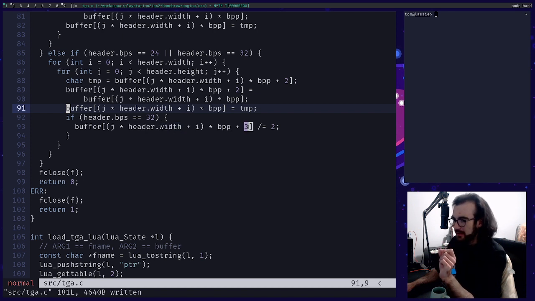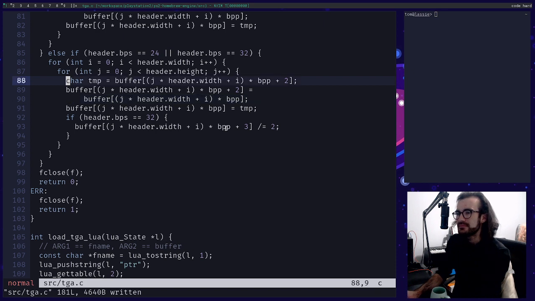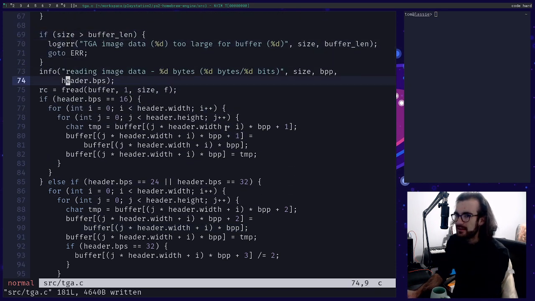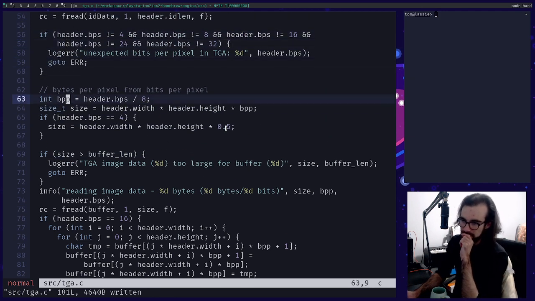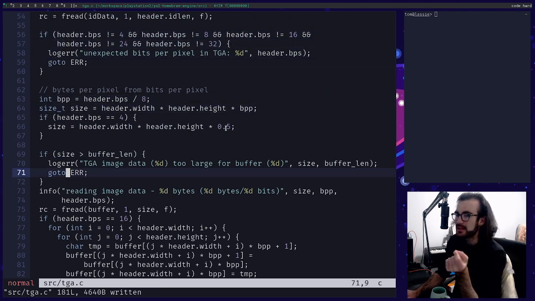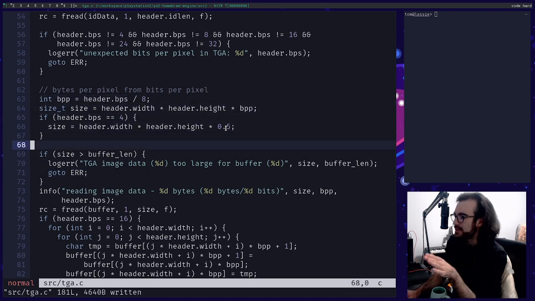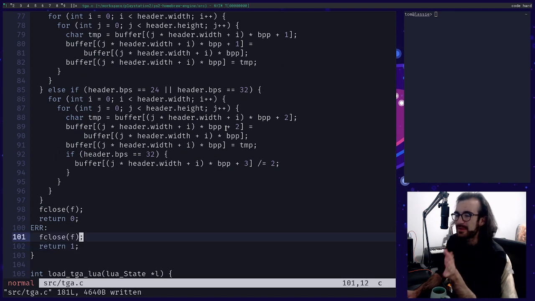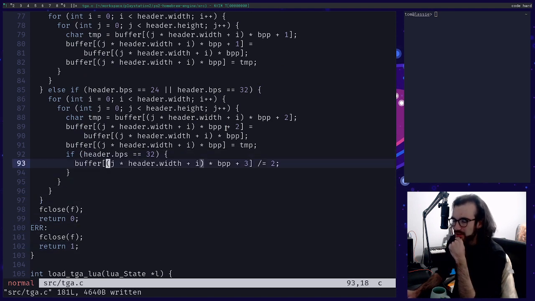Now, we're calculating the offset of this pixel correctly in the buffer. That's good, right? There are 4 channels of color. The fourth is alpha, so this pixel index plus 3. Now BPP is the number of bytes per pixel. We calculate that up here by dividing the bits per pixel by 8. BPP and BPS are two very confusing names. I should make this clearer, but this is okay, right? BPP is 4. So we have this stride of 4. We walk through the thing.